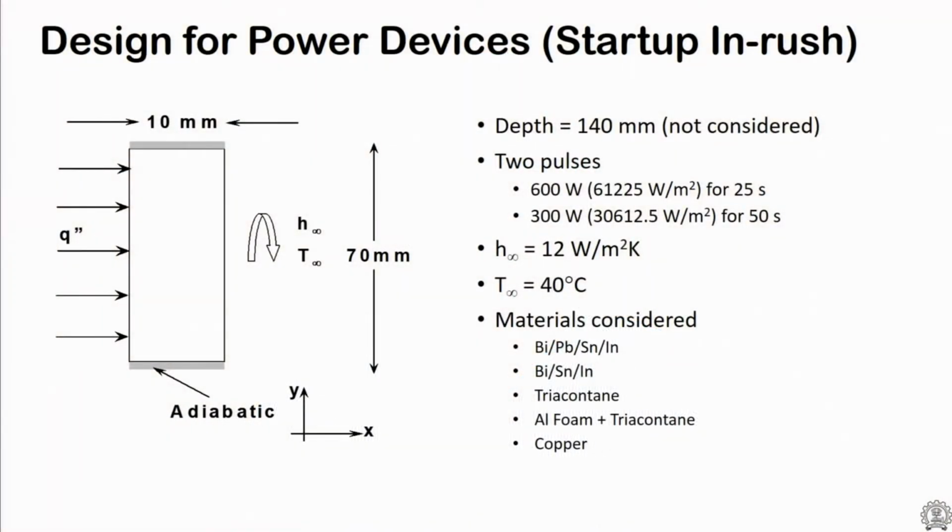And the materials we will consider for this case are some metallic alloys, but they are eutectic alloys. There are solders used for soldering. One is a lead, bismuth, tin, indium alloy. The second one is a bismuth tin indium alloy without lead. Then trioxane is an organic phase change material that melts at 57 degrees Celsius. We will find that organic phase change materials are not a suitable choice for these applications. The second one is an aluminum foam integrated with organic phase change material trioxane, so that